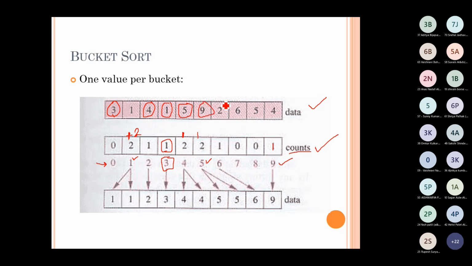Now next number is, next data we will read, that is 2. It has to be placed in which bucket, bucket number 2. bucket number 2 में डाल दिया, जो 0 था इसका count, that is now incremented to 1. Okay, then 6 is read. Next value is 6, that has to be placed in bucket number 6, जिसका count पहले 0 था, that is now updated to 1. Then 5 is read.